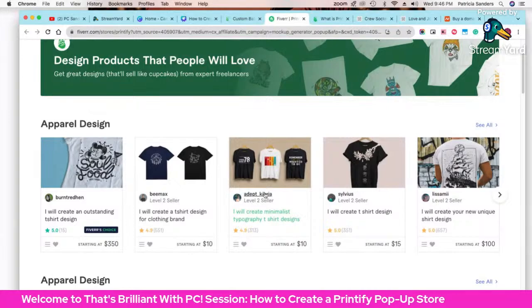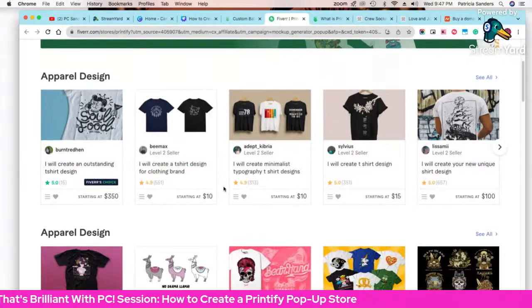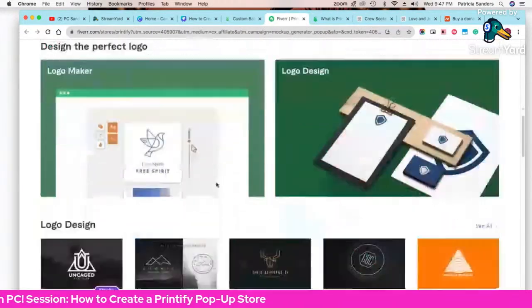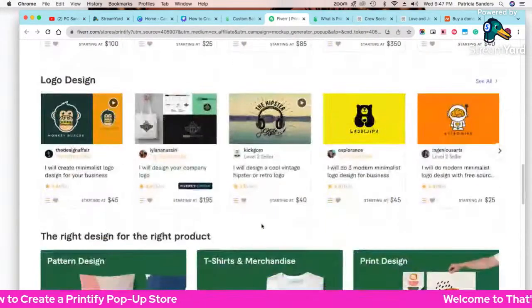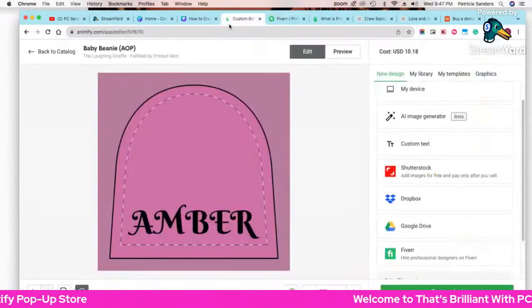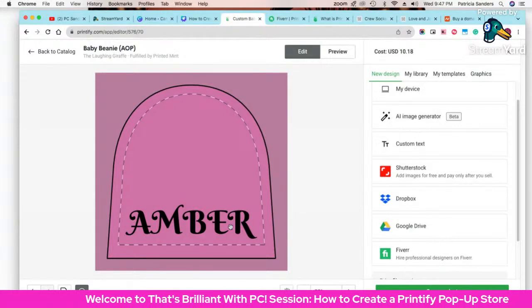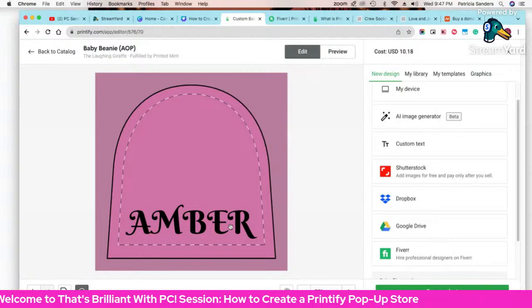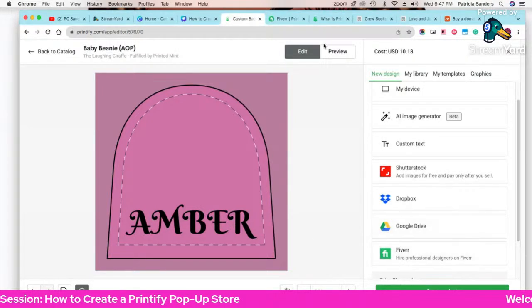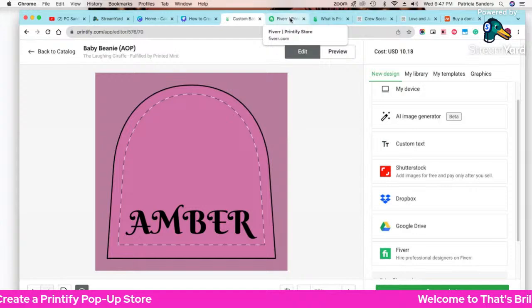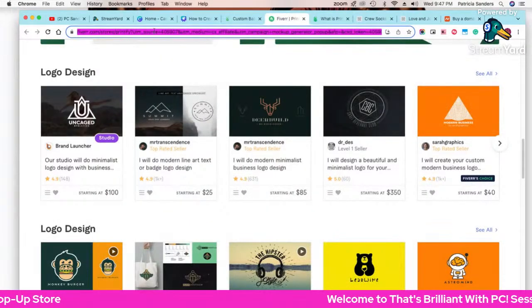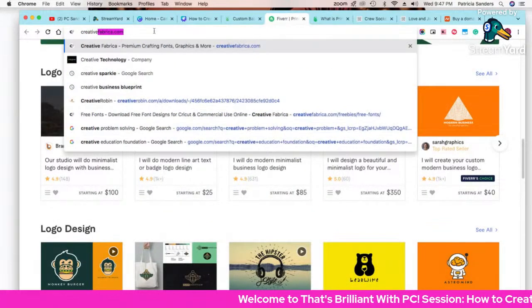They give you a couple of mock-ups, and then until they perfect the style that you want, and then it'll be integrated in here, and you can add it over there. So that's another way. So you have Canva where you can create these designs. You can go out to Fiverr if you want to, and have somebody create it for you, or you can go to a place called Creative Fabrica,